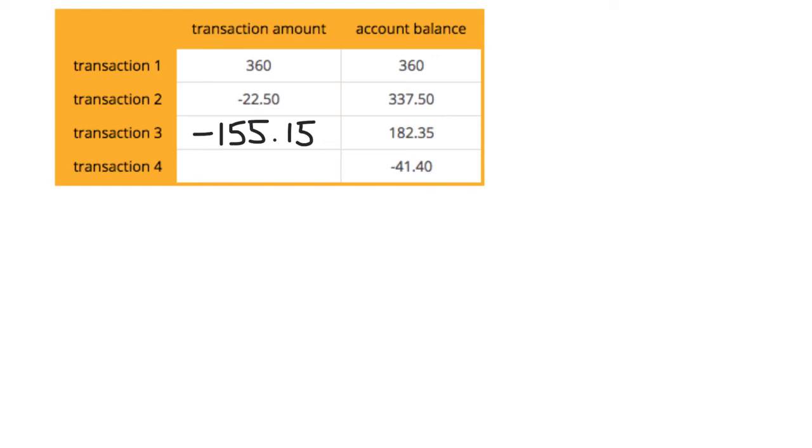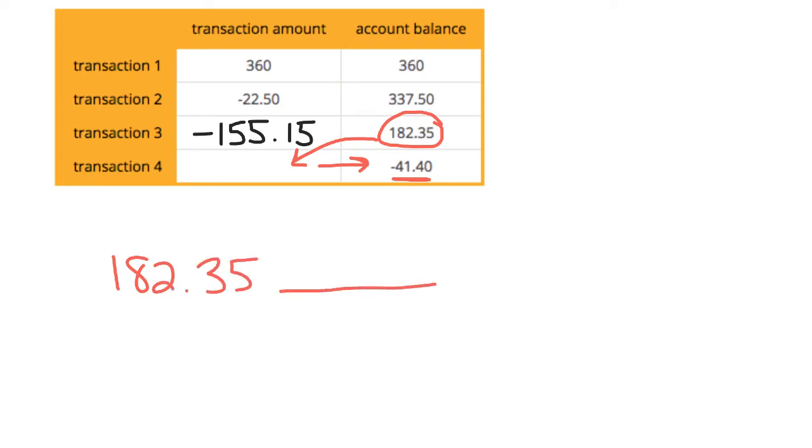On this problem, you're at $182.35, and something happens to it to get to negative $41.40. So in other words, we're going to do 182.35, and something's going to happen to get to negative $41.40. Well, it looks definitely like it's going to go down, so I would think that it's definitely going to